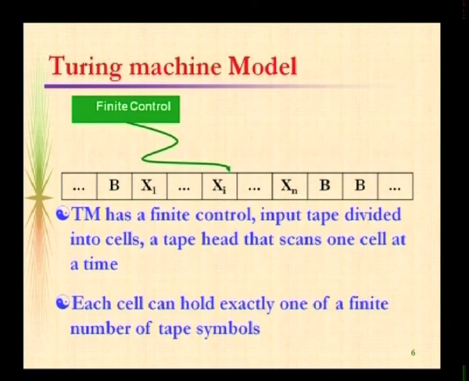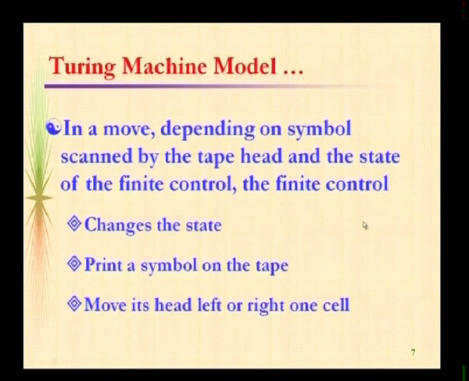There will always be a finite control that takes care of what should be done for a read operation and what should be done for a write operation, based on the Turing machine design. It can change the state from the current state to the next state, or it can write a symbol onto the tape, or it can move its head towards left or towards right, but exactly one at a time. It can change the state from one state to another, and it can move towards the left or right one position at a time,